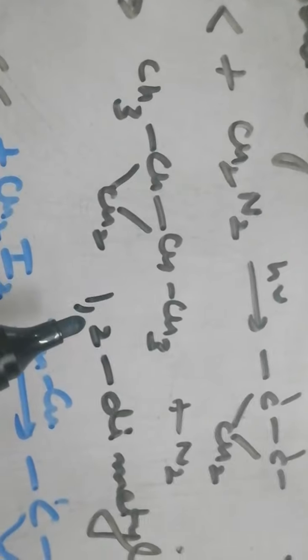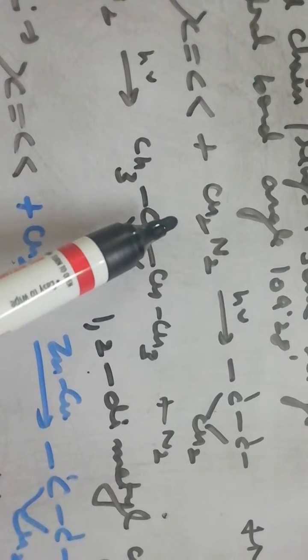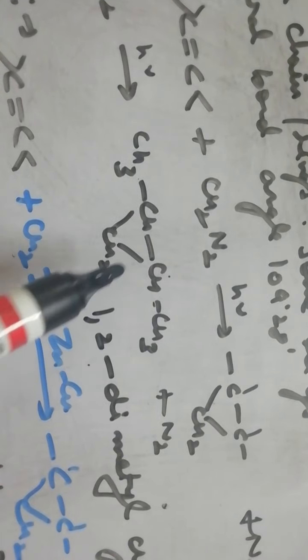Now let us consider this. This is 2-butene. It reacts with CH2N2, that is diazomethane, in the presence of light, and we will get this product, that is this double bond will be converted to single bond and CH2 will be attached to these two carbons. This is 1,2-dimethyl cyclopropane. This is cyclopropane, and 1 and 2, 1,2-dimethyl cyclopropane.